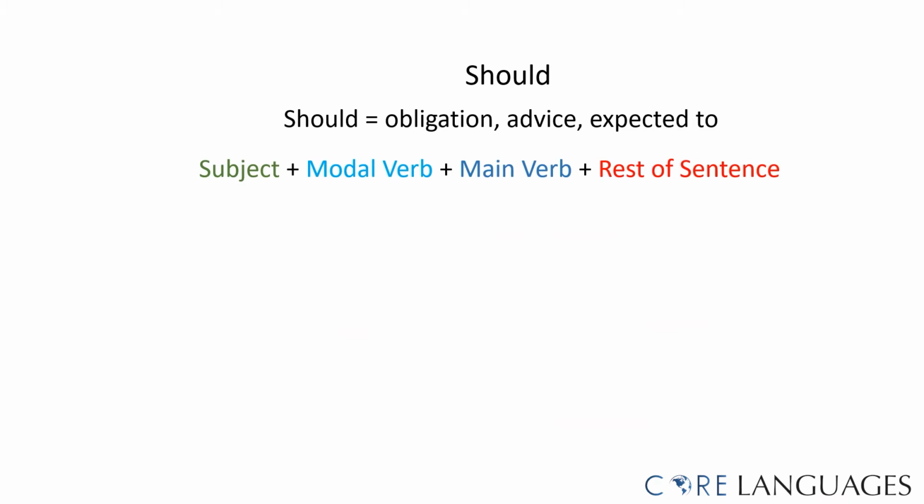Here are examples of sentences that use the modal verb should. Should is used to express an obligation, advice, or if someone is expected to do something. Remember the word order in sentences using modal verbs. We have a subject, then the modal verb, then the main verb in its base form, and the rest of the sentence. For example,